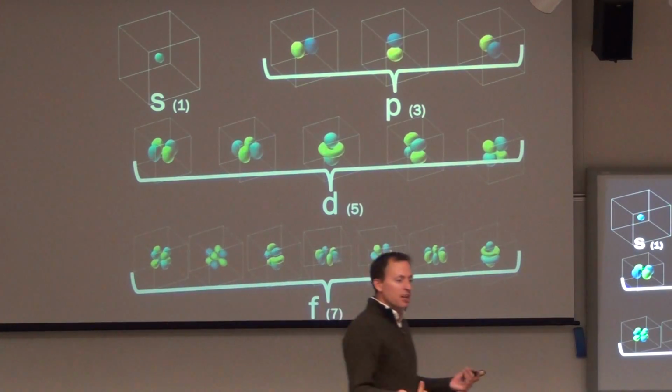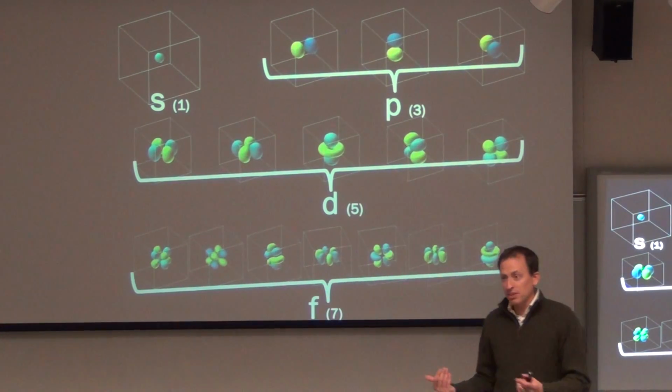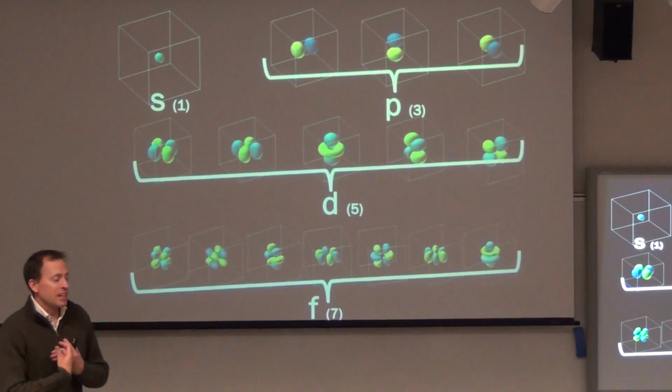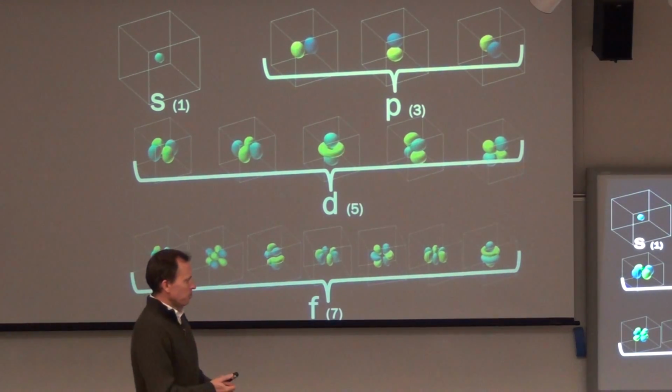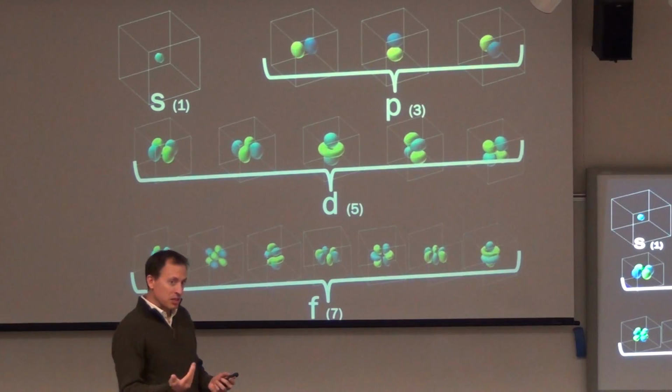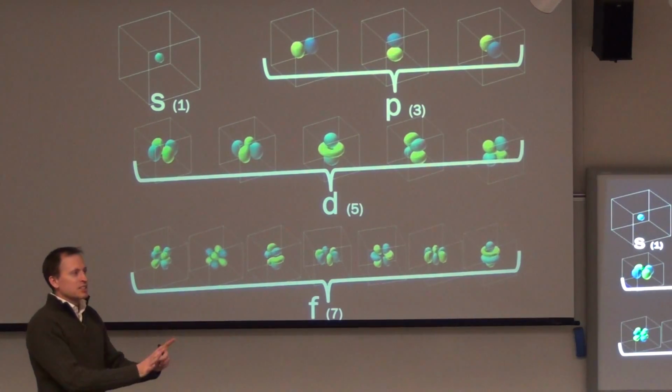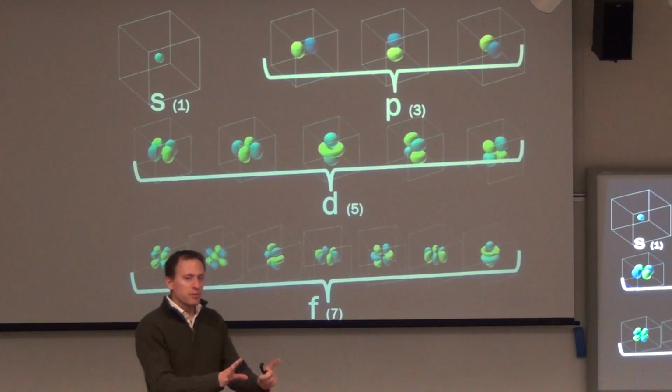So, and we can count by 2s and odd numbers, 1, 3, 5, and 7. Right? And we're going to be using these letters a lot. So these letters aren't something where you can say, I don't need to worry about these letters. S, P, D, and F are going to be really important, but we're going to practice them a lot. So, regardless of whether you're quite understanding that or not, what we're going to be doing is